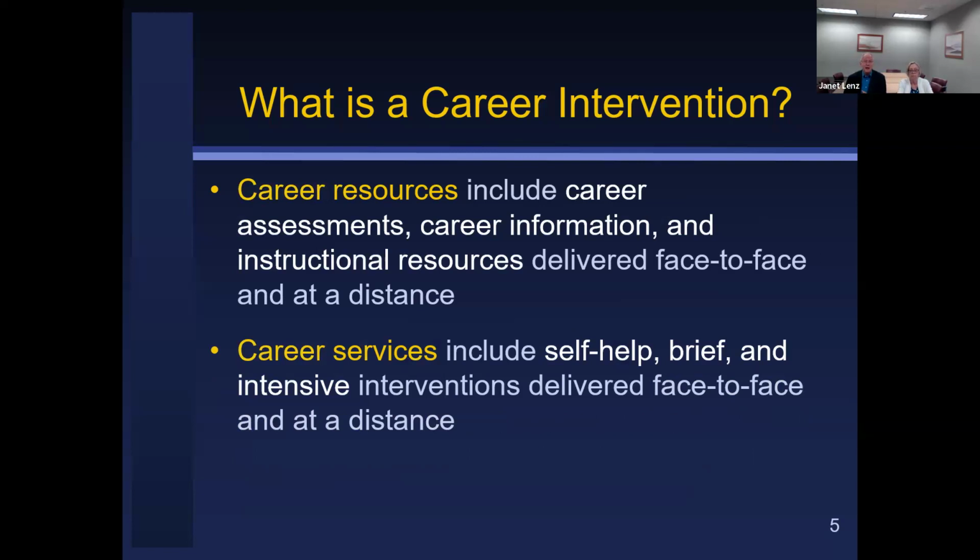One of the reasons I like using the word intervention applied to career is because it lines us up with what we've learned about all types of other interventions, for example educational interventions and healthcare interventions. It turns out that if we help prepare people for what we're going to provide for them, it's more effective, in healthcare and in education. We're trying to use some of those same ideas that improve effectiveness in other fields and bring them into the career area as well. That's why we're focusing on intervention, to draw in that additional knowledge base.